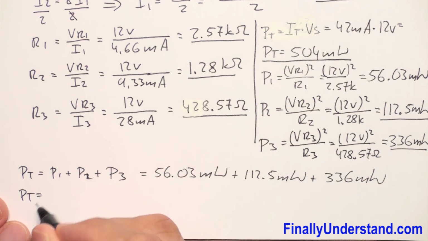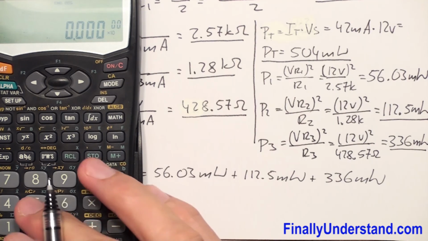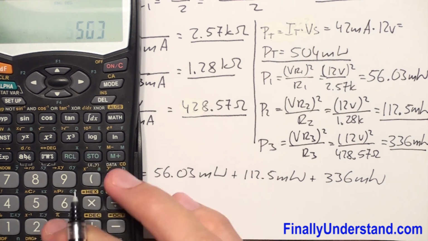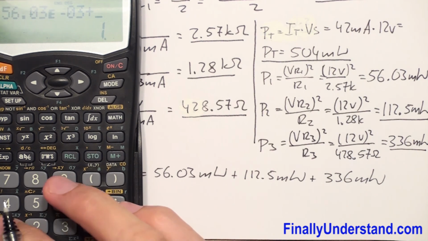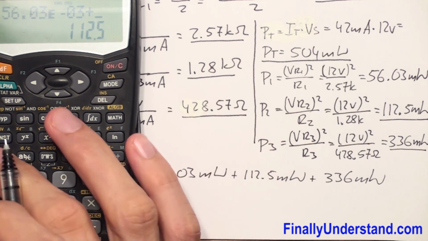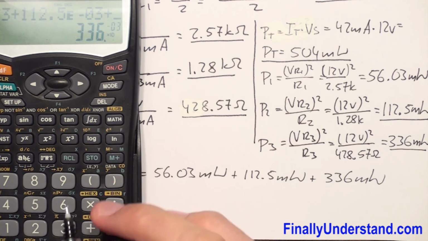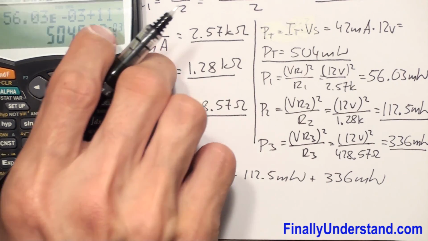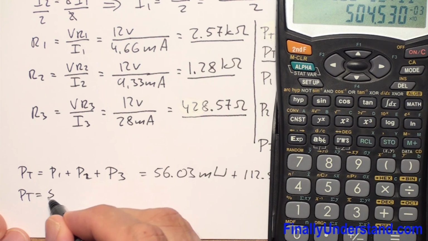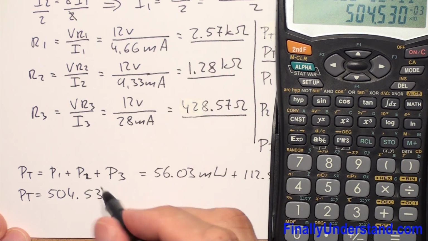So I have P total equals 56.03 times 10 to the negative 3 plus 112.5 times 10 to the negative 3 plus 336 times 10 to the negative 3 equals 504.53